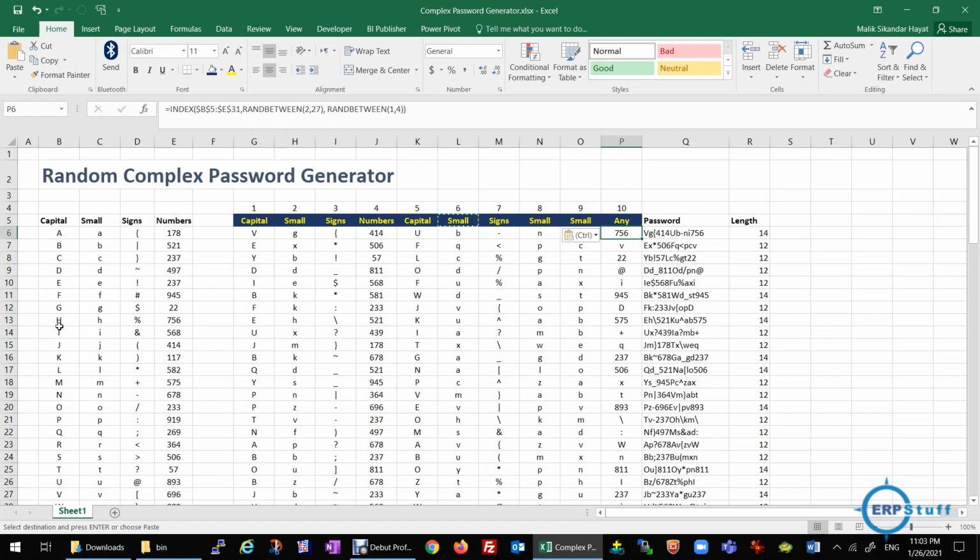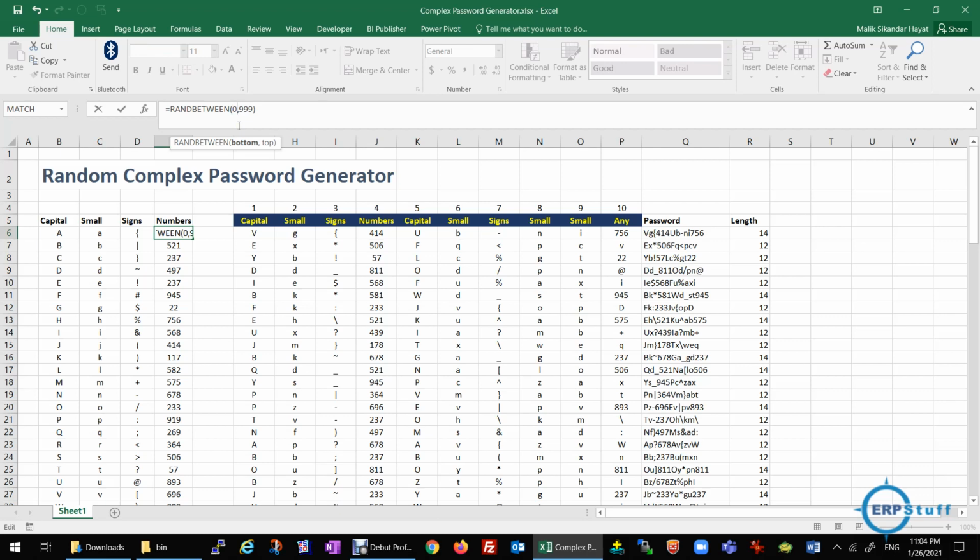So, let us say it randomly selected this third column, and then it selected any row, so it will return that value. Just for the example, let me put it over here for your convenience.